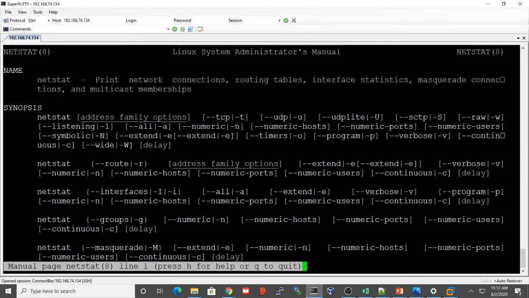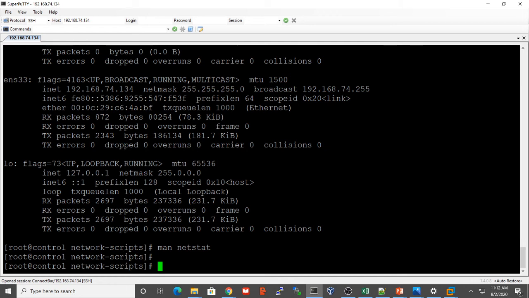See, netstat prints network connections, routing tables, interface statistics, masquerade connections, and multicast membership. Let's run netstat -nrv.